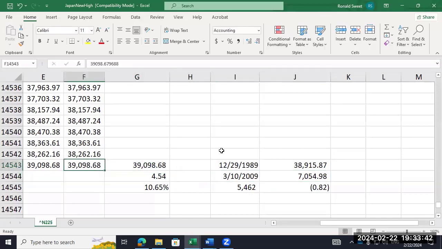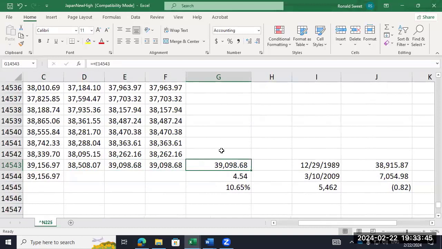Since then, the day it hit 39,098, its intraday is also the highest intraday we've ever had. From its low, it's a 10.65% annual return. But they're now like the fourth largest stock market, even though they hit a new record, because the US is much, much, much larger. Yeah, I remember thinking, when will Japan ever hit? I was thinking that in the 90s, in the 2000s and 2010s, and here we are, much, much, much later. Pretty amazing.